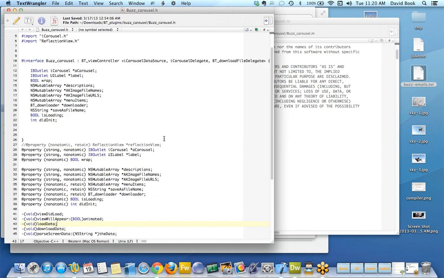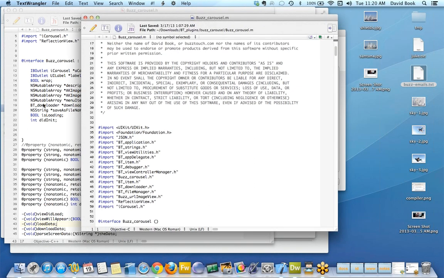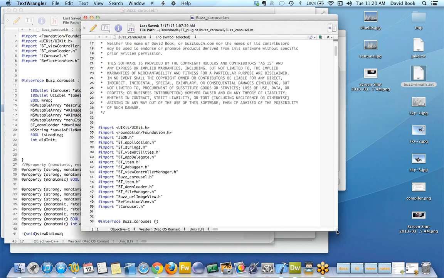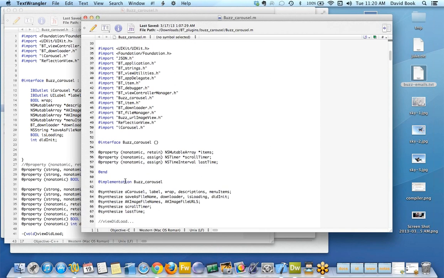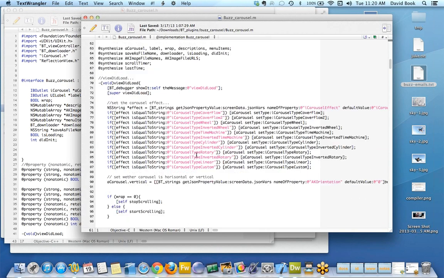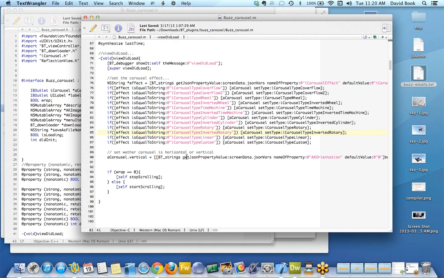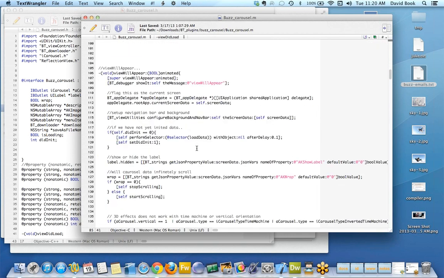So it explains what all of the properties, or the variables, are: the type of variable it is, and then the name that we give it. This is just an arbitrary name. So we have an array or a list of things, an NSMutableArray, that's called descriptions. We have an NSMutableArray called AK image file names. So we describe those properties to the compiler, and then we do a little bit more describing with more